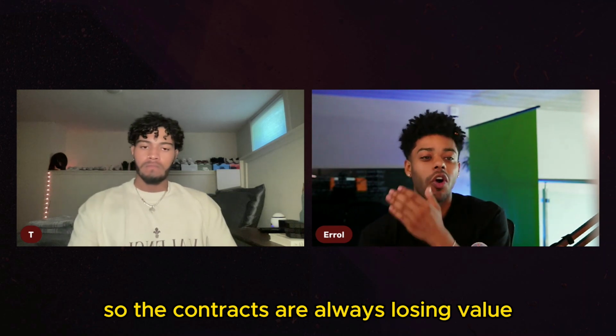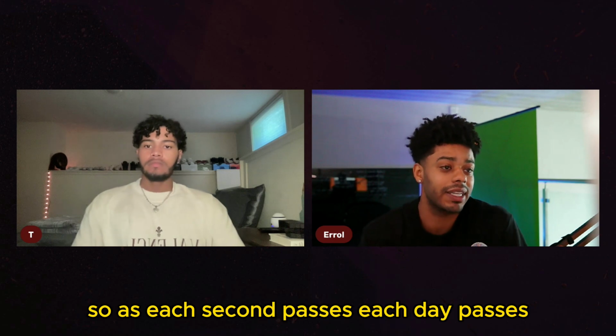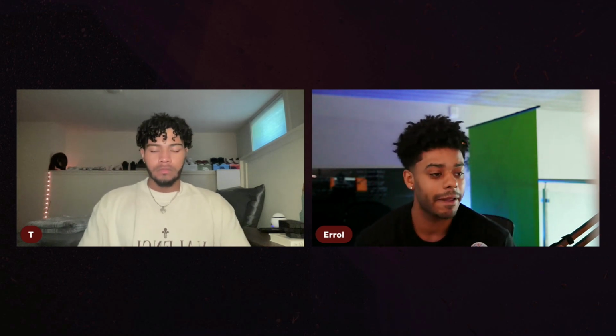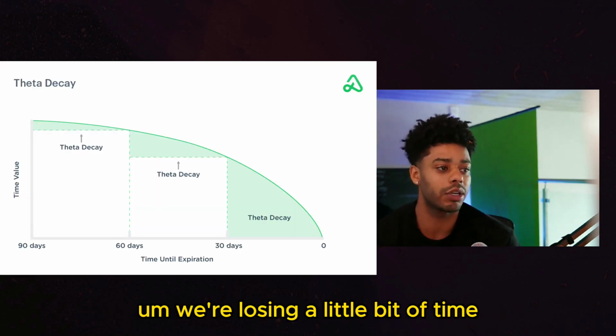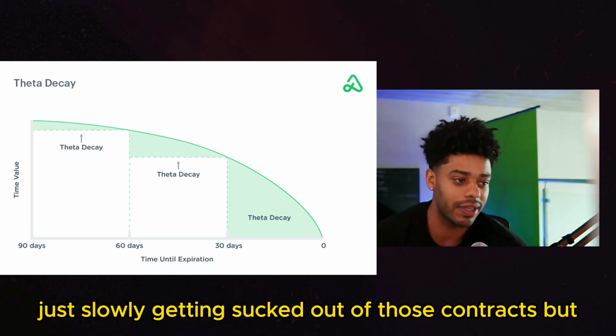So the contracts are always losing value as each day passes, just because time can't stop. As each second passes, each day passes, we're losing a little bit of time. And then that extrinsic value is just slowly getting sucked out of those contracts. But